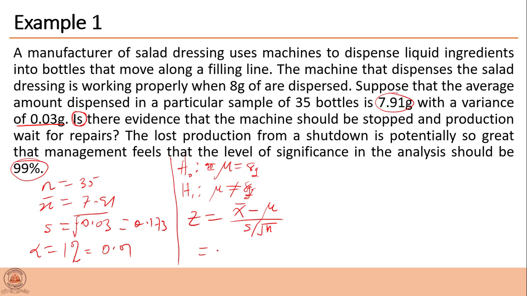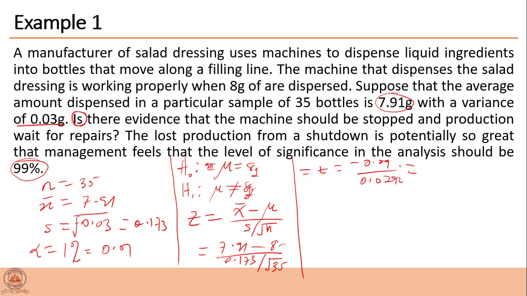So this is equal to the sample mean 7.91 minus the population mean, 8 grams, then our standard deviation we just calculated to be 0.173 divided by the square root of 35. 35 is our sample size. So do the calculation and we have z equal to negative 0.09 all over 0.0292,